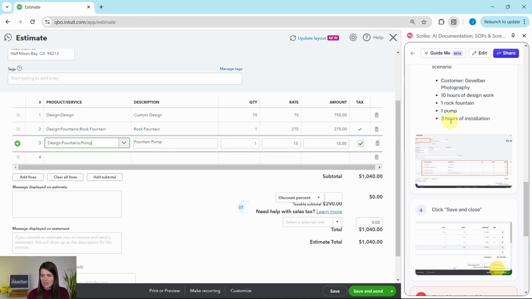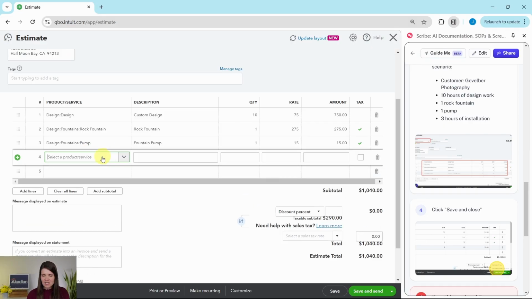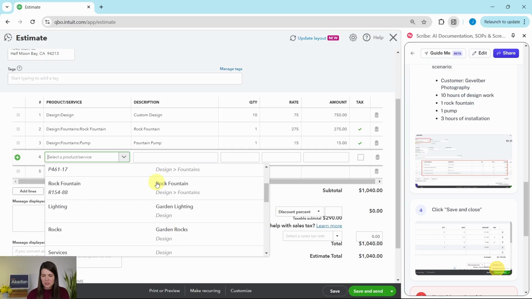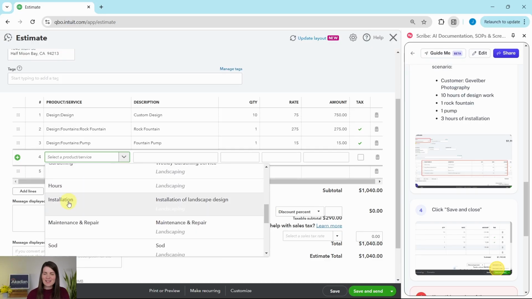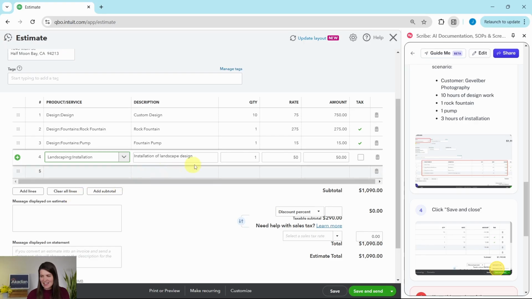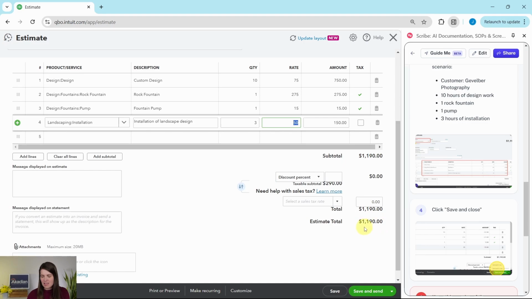And then finally, we need to add the 3 hours of installation. So click into that fourth line in the product service field, click the down arrow, scroll down a little bit until you find installation. Once you find it, go ahead and click on it. And then that quantity field, we need to update it once again, this time for 3 hours of work. If you hit the tab key, you will see that QBO is making that calculation and your total for the estimate is